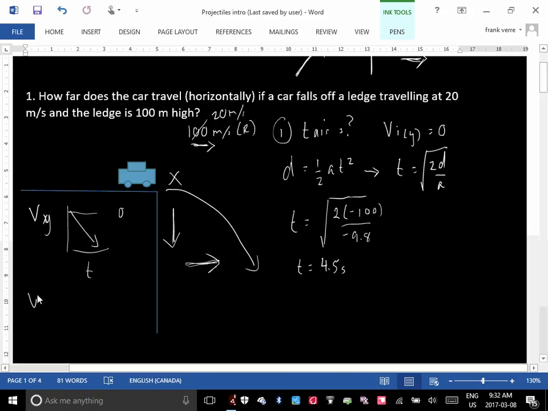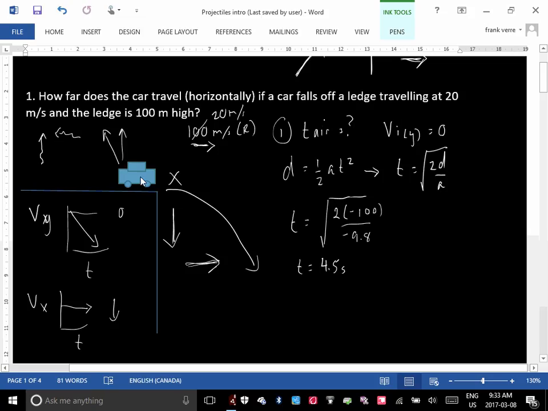Gravity. But if we were to consider the horizontal speed over time, that would remain constant. That's because the horizontal speed and gravity are perpendicular to each other. In other words, gravity does not affect the horizontal speed. It's the exact same scenario as a swimmer traveling this way while the current travels perpendicular to the swimmer. Does that current affect this component? The answer is no. We know that the swimmer ends up going on an angle, but this component is still